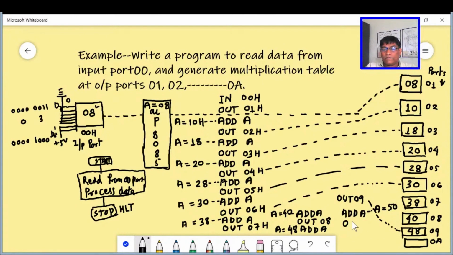We use OUT 0AH, and after execution of this instruction it will be 50, and the last instruction is HLT. In this way this full program can be completed.